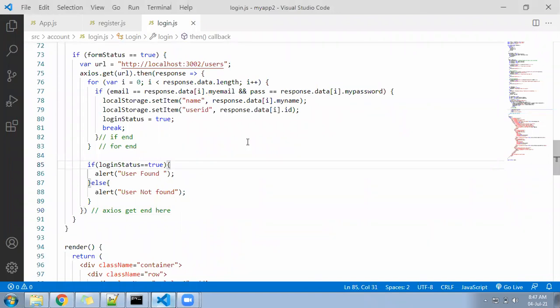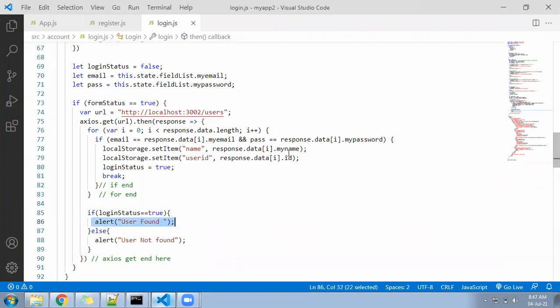See, as soon as the user is found, we have taken their name and ID and stored them in local storage, because once we redirect from one page to another, from the array you will lose the data. Then how do we know who is logged in? For that purpose we use the local storage JavaScript feature. There we store the user ID and name, and once we redirect to some other page, we will get to know whether the user is logged in or not with the help of the local storage ID and name.